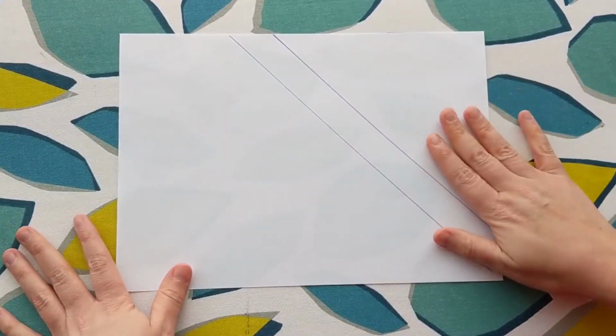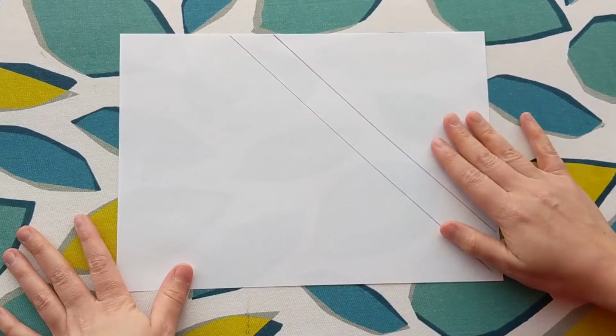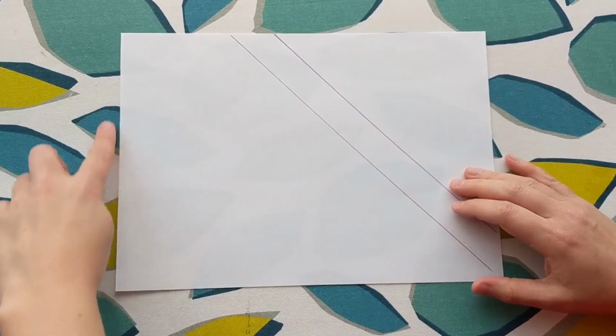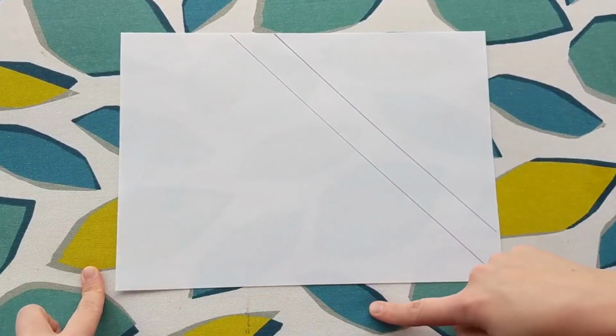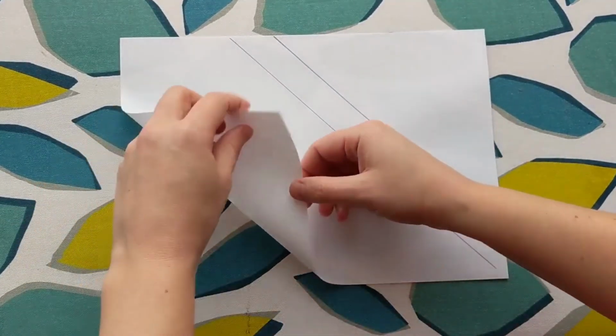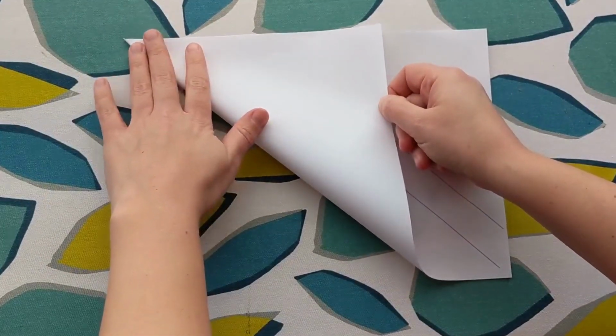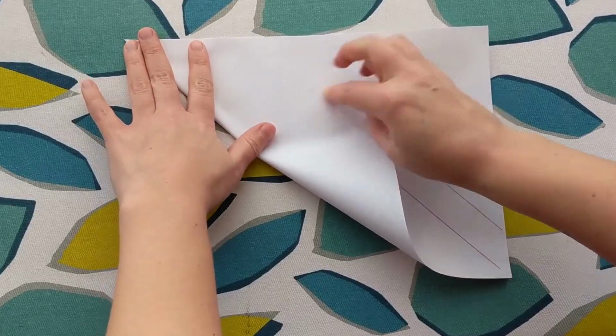If you do not have a quilting ruler, you can still do this just by folding the fabric over. So if you have one of your pre-cut edges and the selvage edge along here, you just want to line the two up with each other. Obviously you want to make sure that's a nice straight line. If you match those up really neatly,